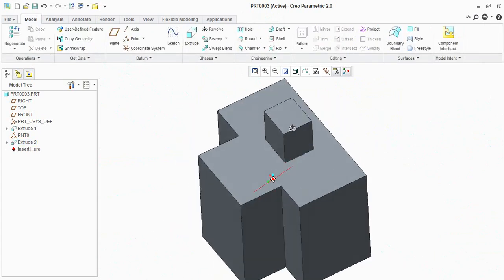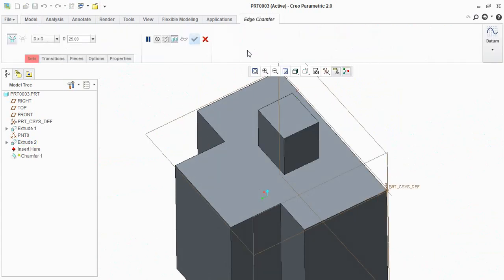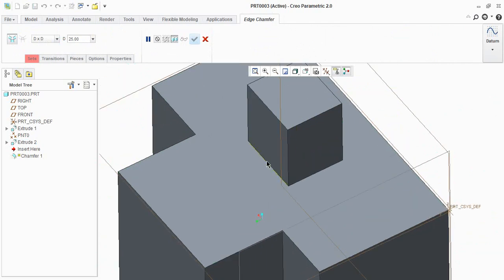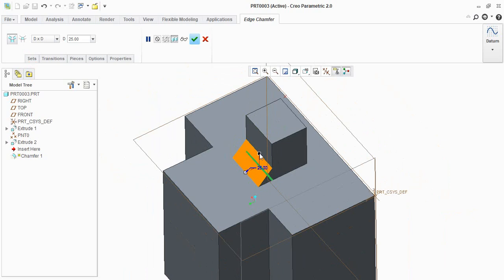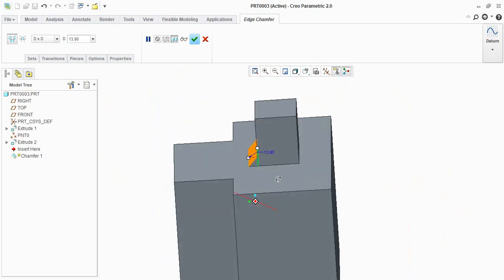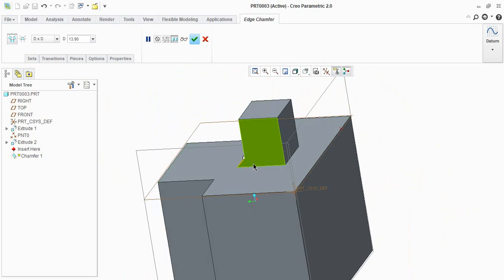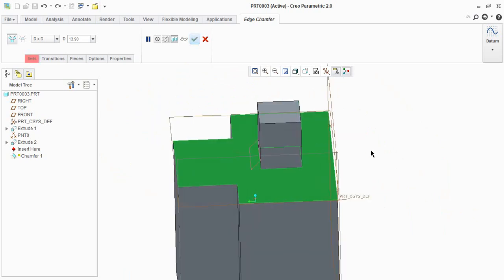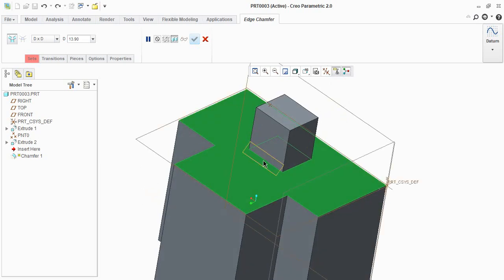Okay. So one more thing here, using the chamfer option. For example, I need a chamfer at this edge. Just click the edge, and the chamfer will be created. You can give the dimension. Instead of clicking the edge, you can also click the surfaces. For example, you can click this surface, press Ctrl and click the second surface, so your chamfer will be created here. So we'll undo this one. I will be creating this chamfer at this edge.